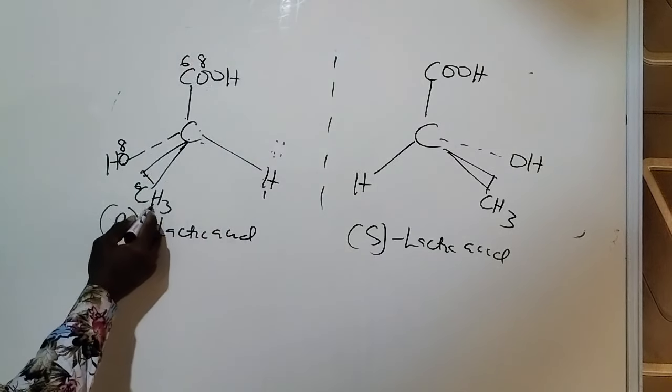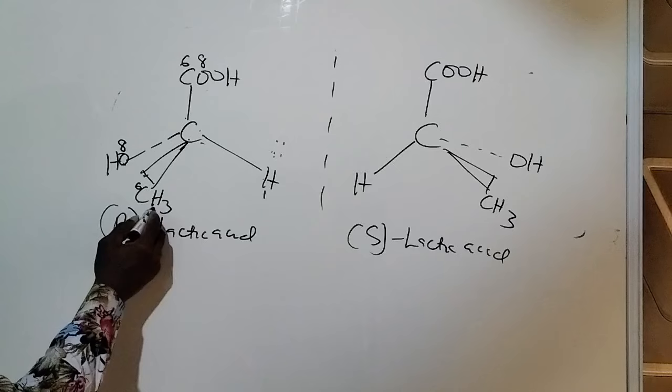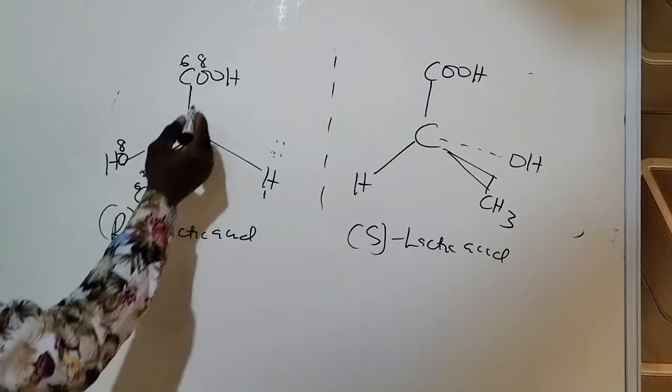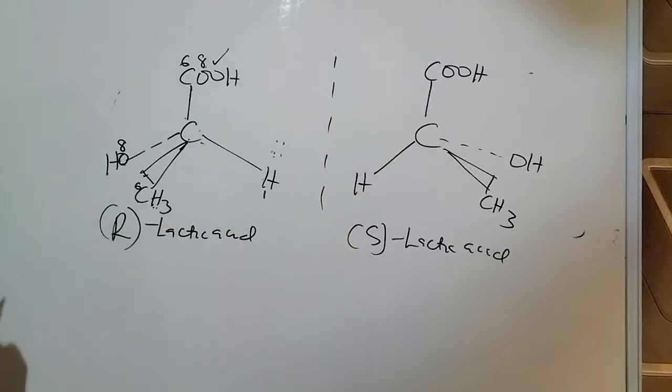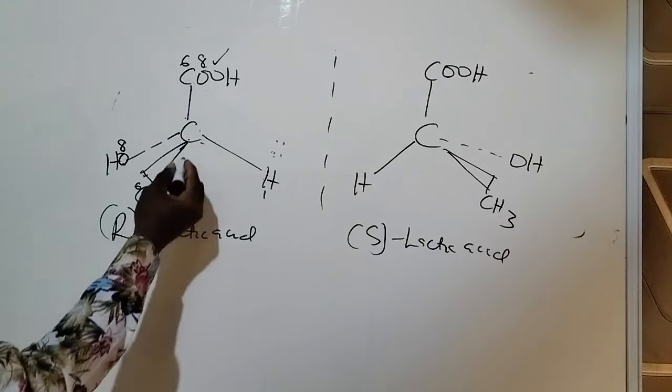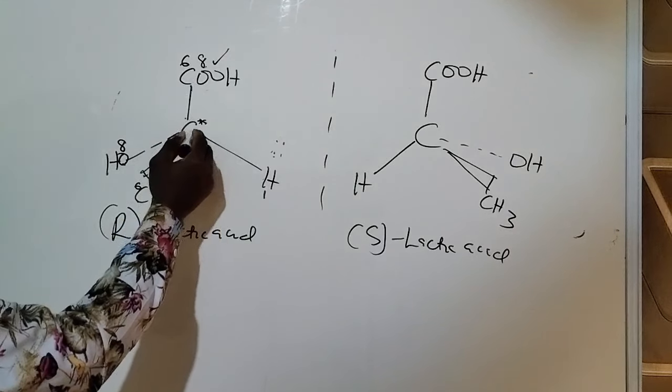While this one, the second element here is 1. So this one has a higher magnitude than hydrogen, so this is considered before this. So I come again. In a situation whereby you have two groups attached to the central chiral carbon, and